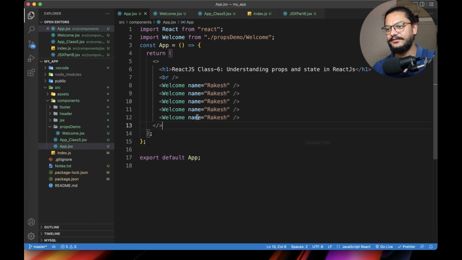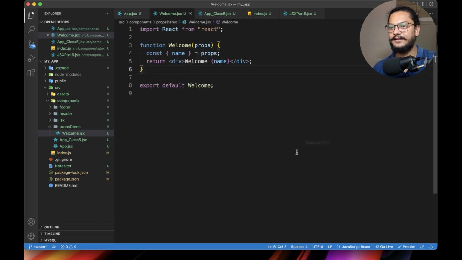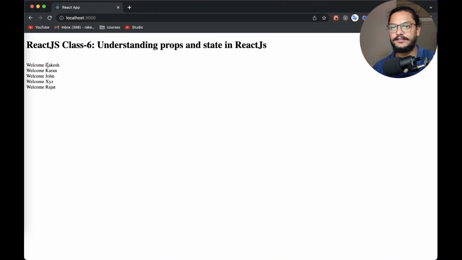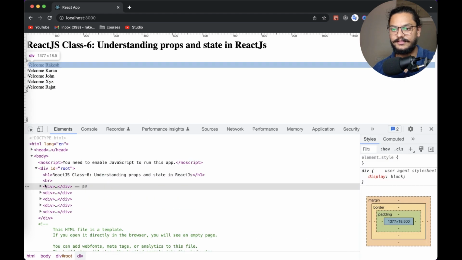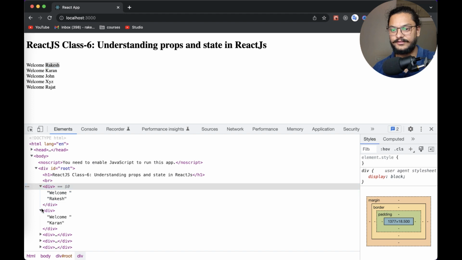In React terms you will be passing some data here, so you can say Karan, you can say John, you can say XYZ. I'm not getting the name here. Rajat. Great. So you'll be keeping different props. Every time you pass different information, it will take that and render this particular child component. You can see here how it will look in the DOM. If you go to the DOM, you can see it is rendering that individual component